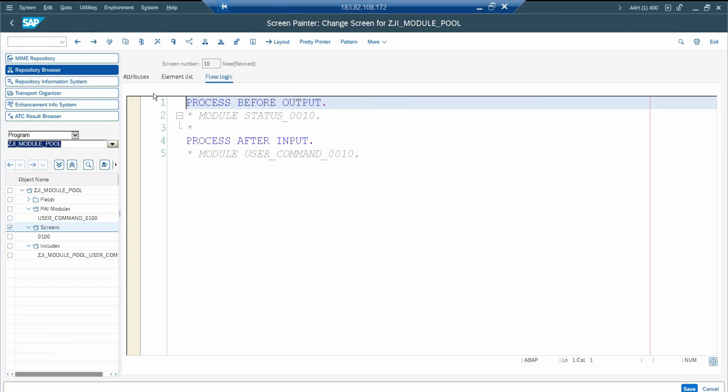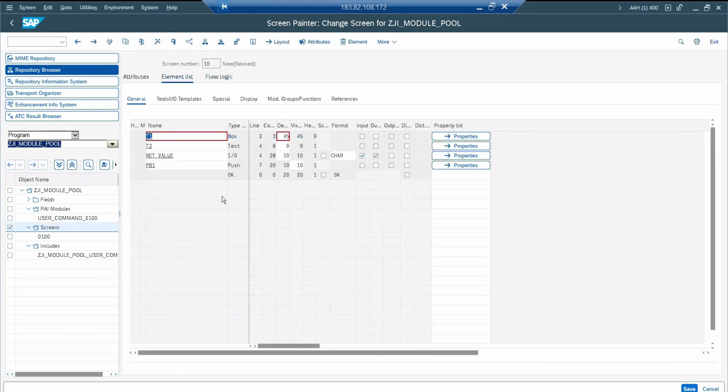Now currently I am in subscreen number 1. I'm not going to enable anything here. If you go to the element list of your subscreen, the OK type variable line is disabled because that is not applicable for subscreen type. It's applicable only for normal and modal dialog box, not for subscreen. Next,